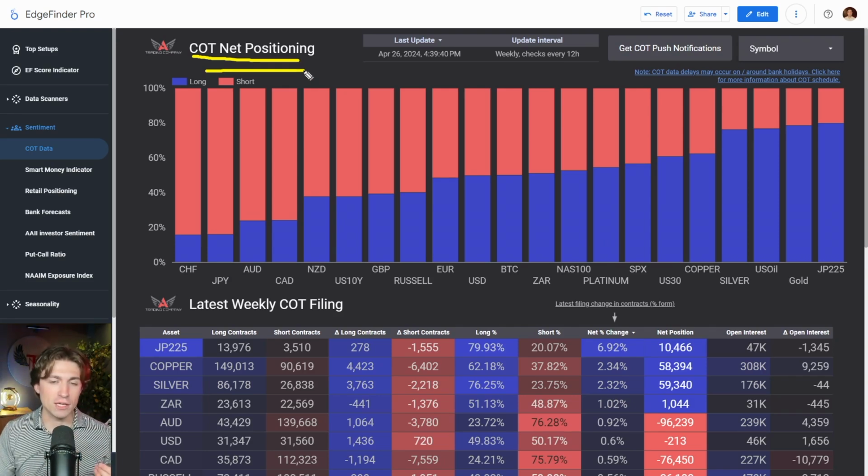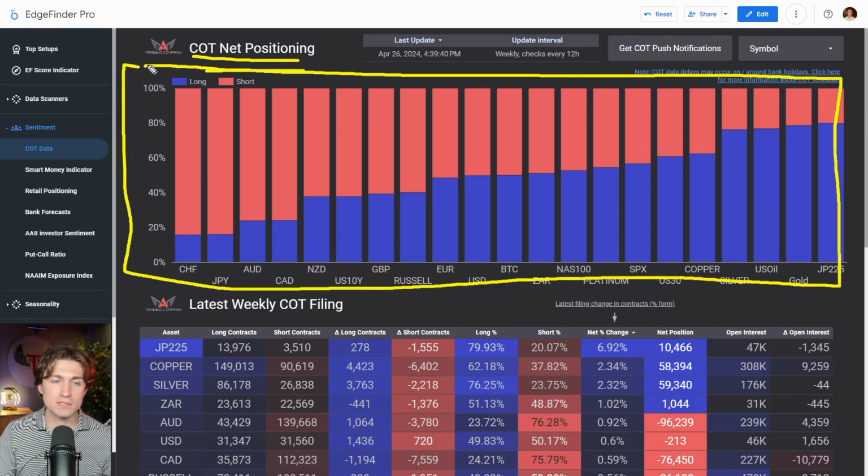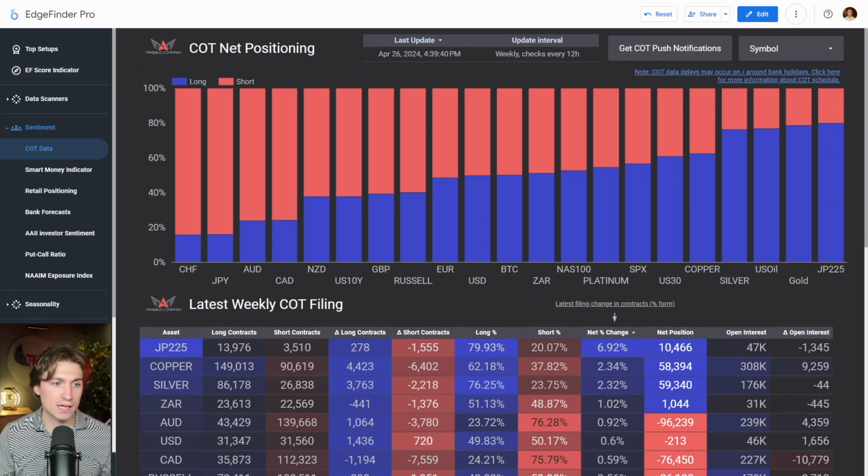very gradually. This indicator, this section of the Commitment of Traders data chart that we've built here on the Edge Finder, is more long-term oriented in its scope. It's really designed to be looked at on a longer-term basis because these things change very, very gradually. Like you might see gold become more bearish, but it might take 6 months to really change dramatically. So this section is more for long-term position traders or even investors, in my opinion, and that's how I use